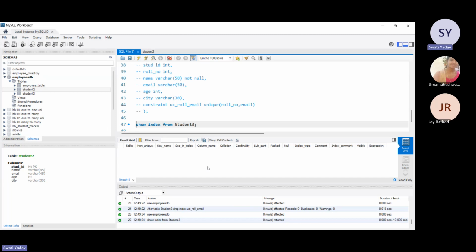Understood? Anything that you've not understood? Now, when you talk about primary key, you've already seen primary key. Again, a primary key can be applied to a single